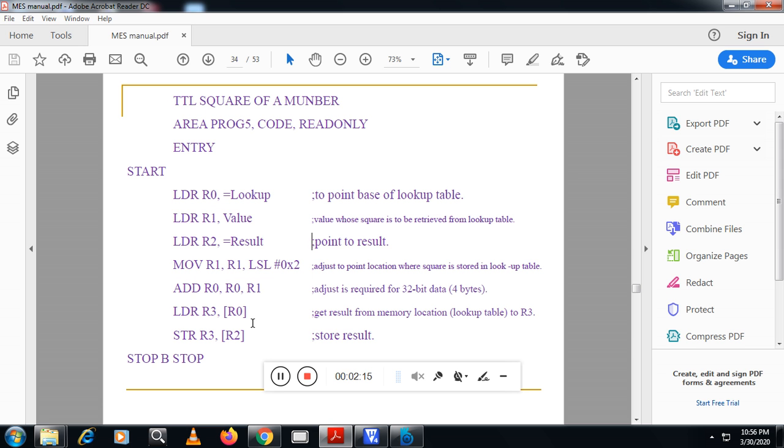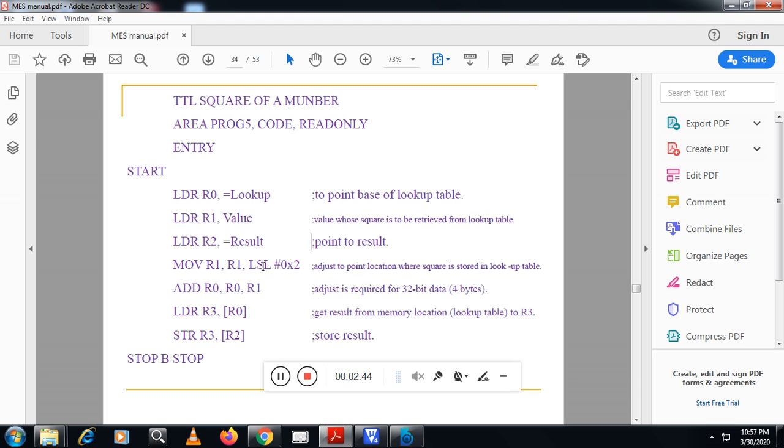Okay. Now here, first the address of the lookup table is loaded in R0. Value is loaded in R1. Address of the result is loaded in R2. Now move R1 to R1 only, but before moving, some modification will be done here.